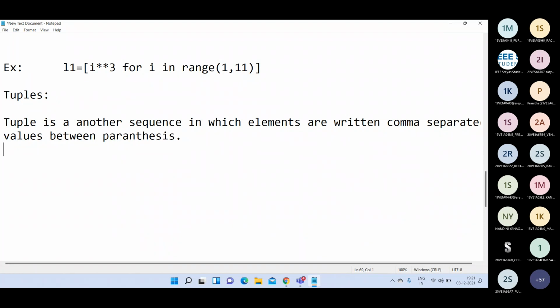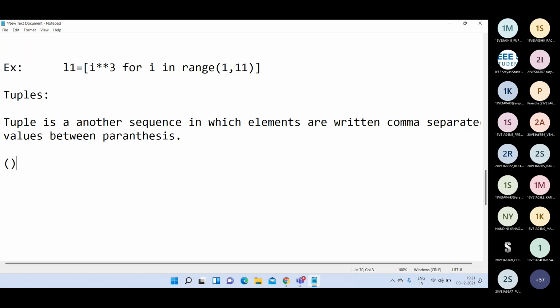Earlier, the list elements we write within square brackets. Whereas tuples are written within parentheses, left parenthesis and right parenthesis. Within this we write the tuple elements, also comma separated, but represented only with parentheses.